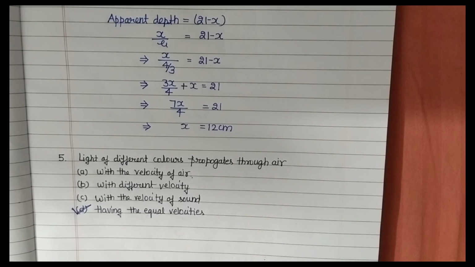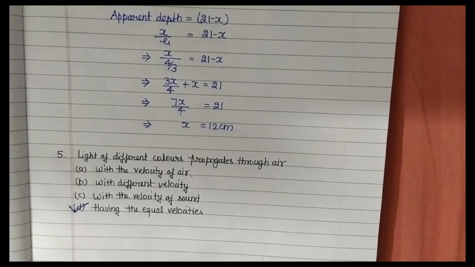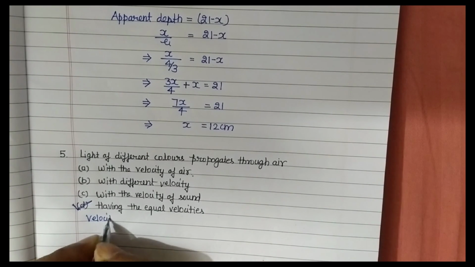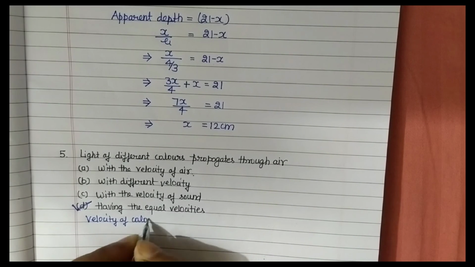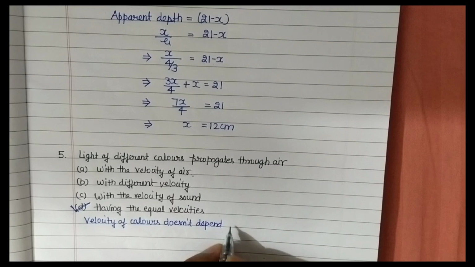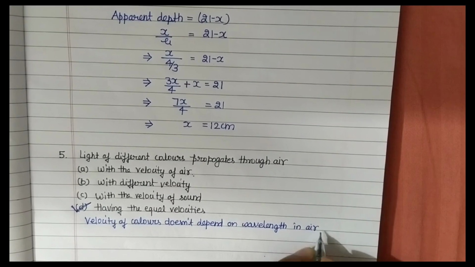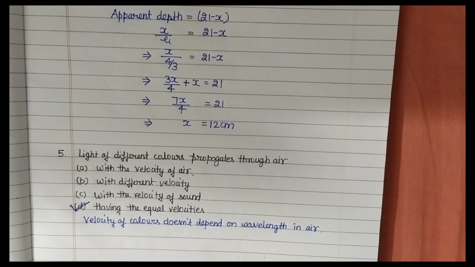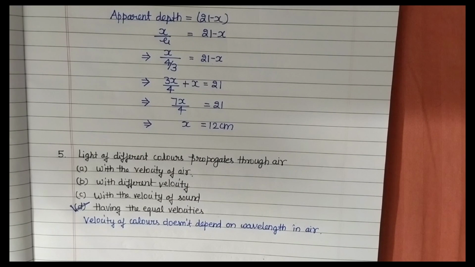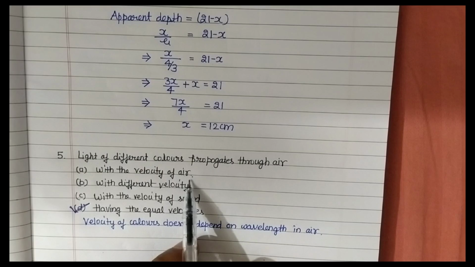कितनी वेलोसिटी होगी? 3×10⁸। और सारे जो कलर्स की जो लाइट रहेगी, जितने भी डिफरेंट कलर्स की जो लाइट होंगी उनका वेवलेंथ डिफरेंट होगा, लेकिन उनका जो एयर में वेलोसिटी होता है वो हमेशा सेम आता है, वो होता है 3×10⁸। तो वेलोसिटी ऑफ कलर्स does not depend on wavelength in air। मतलब जो एयर में होता है वो एयर में जो वेलोसिटी होती है वो वेवलेंथ पे डिपेंड नहीं करती है, वो सेम रहती है, जो कि 3×10⁸ है।